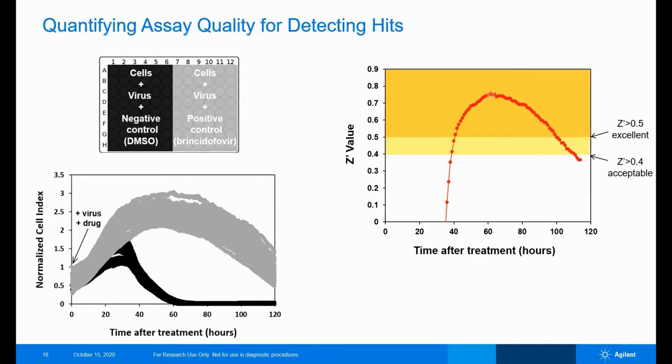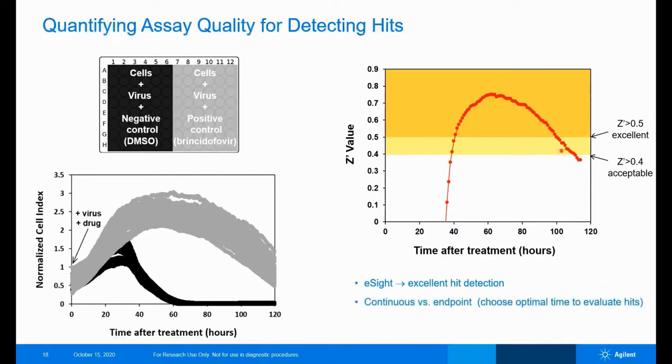You'll notice that the Z prime score is maximal or optimal at 60 hours. And that makes perfect sense because this is the time point where there's maximal separation between these two data sets. And you'll also notice that the Z prime score begins to decrease over time. And this again makes sense because here the positive control is decreasing in value and is becoming more and more similar to the negative control. And that convergence of those two data sets means that out here in this time regime, it's a less effective tool for telling you what is or is not a hit.